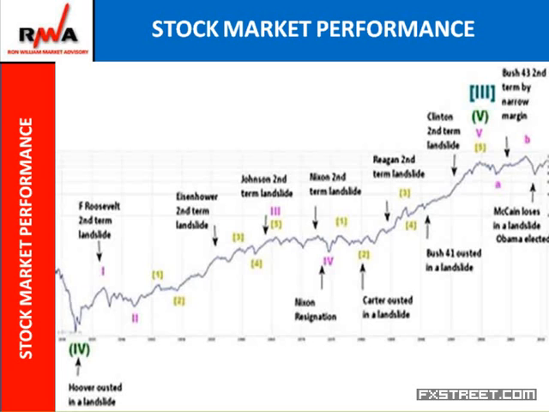So what we're trying to say is bull markets tend to be good for incumbent presidents, and bear markets tend to be negative for incumbent presidents, i.e. it decreases the probability of incumbent presidents being voted a second time around. And when I say bull markets or bear markets, it has to be a bull market, generally speaking, that has been in play for about 3 years.